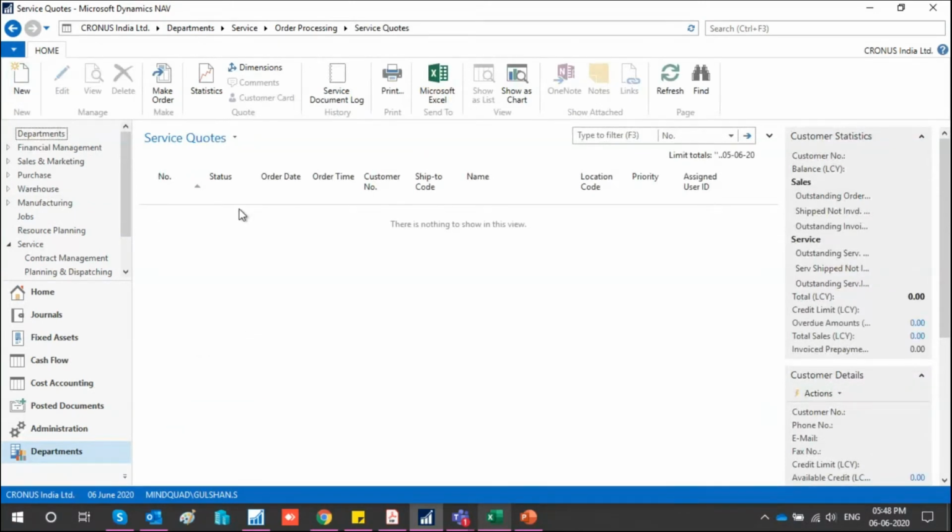So I'll do one thing, I'll start the transaction as well, and then I'll show you the three methods. What I'll do, I'll come to the transaction part. I'll first create a service quote, then I'll convert that service quote to a service order. Then we will assign that service order to a particular resource. Then the resource will perform all his services, all his repairs and maintenance, and then we will post the service invoice. So this is the transaction we are going to perform. Now, first let's create a service quote.